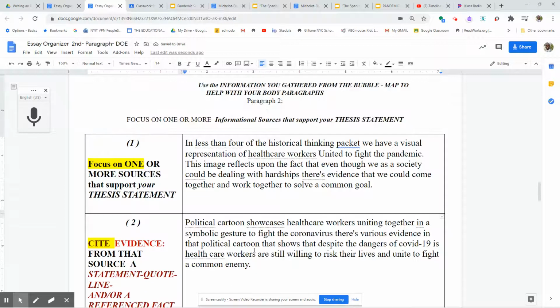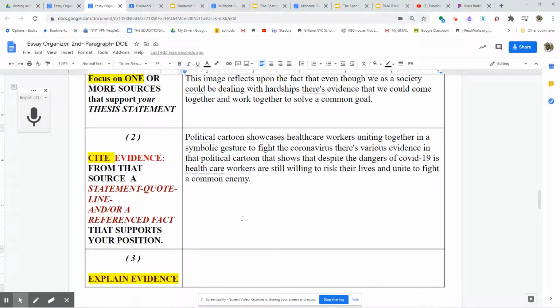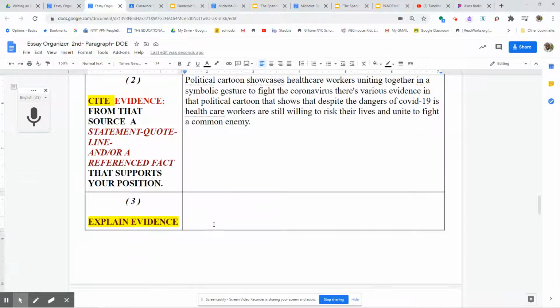So now I understand I know a lot more about this information than you do, but I'm just giving you a segue as to how you could use the information in the different sources that were given to help create, formulate your essay, I should say. Okay?